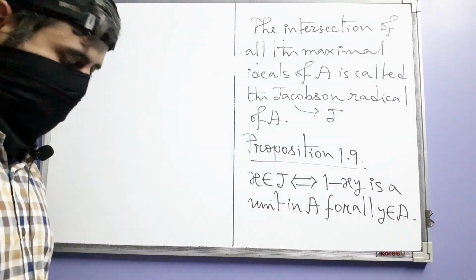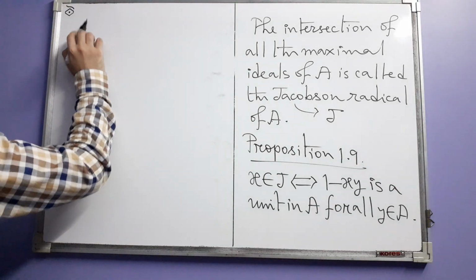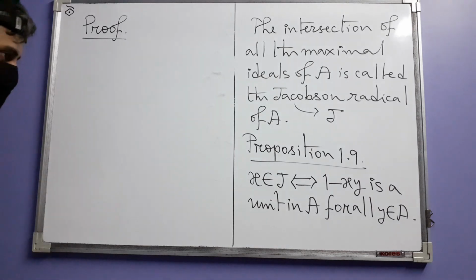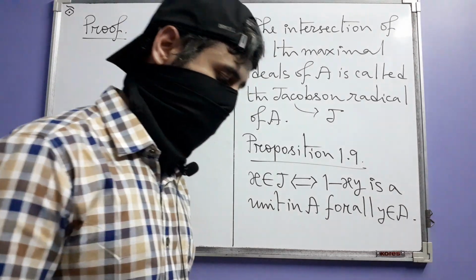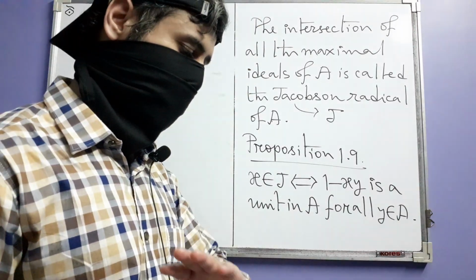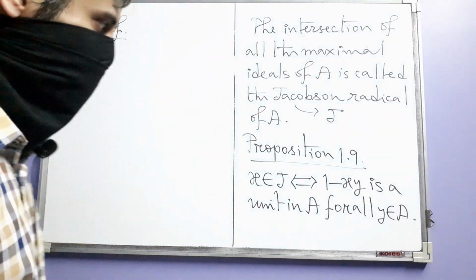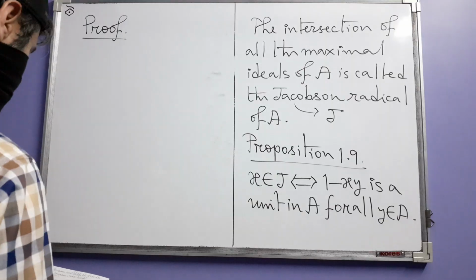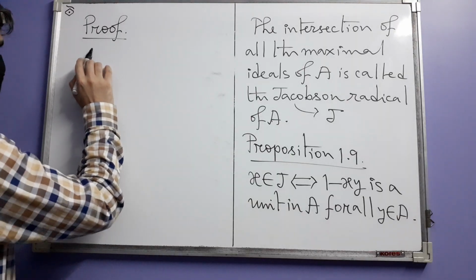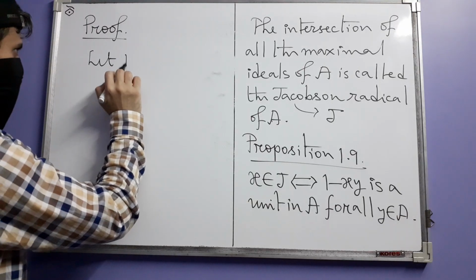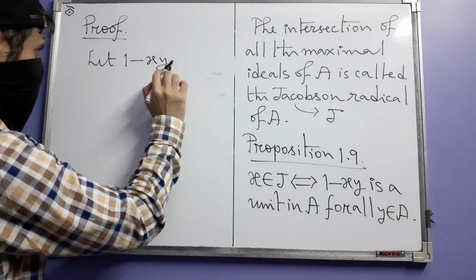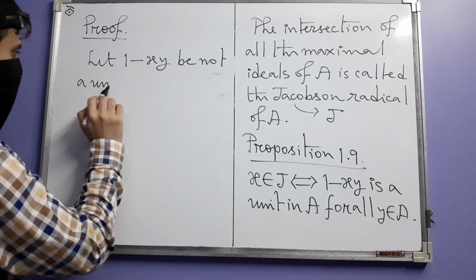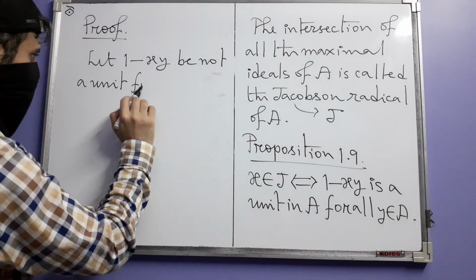So how can we substantiate this? Here also the proof is quite twisted. I mean, both the halves have been proved indirectly. Okay, not directly. You understand in what sense I use that word. So this is how the proof starts. Let 1 minus xy be not a unit